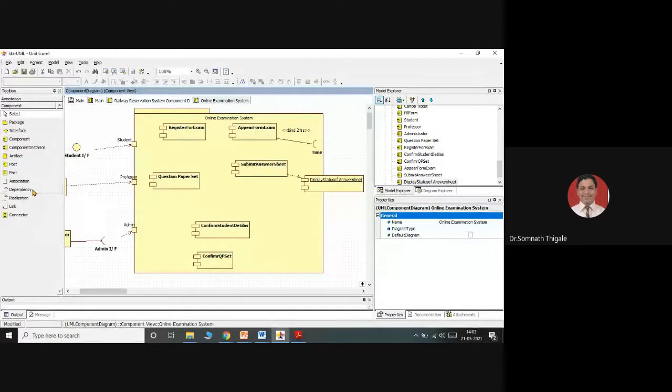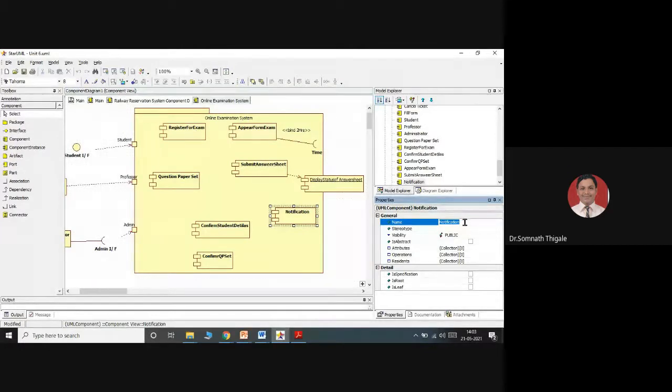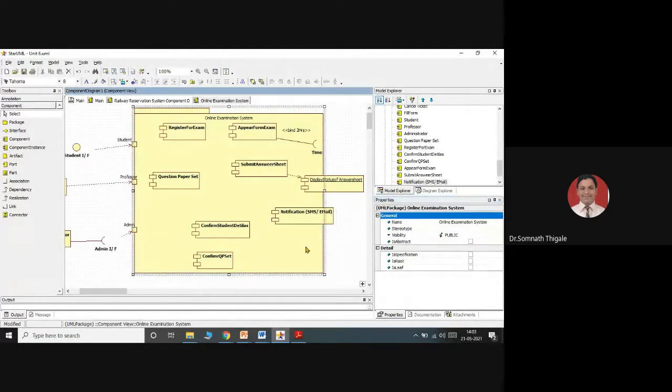And we'll have one more component over here. So notification. Respective notification may be by SMS. So that notification will be by, we can say, either inside this we can add an attribute, maybe by SMS or by an email. Status of the answer sheet will again be displayed. So after the submit, notification will be given to the students by SMS or by an email on which he or she has registered for the examination.